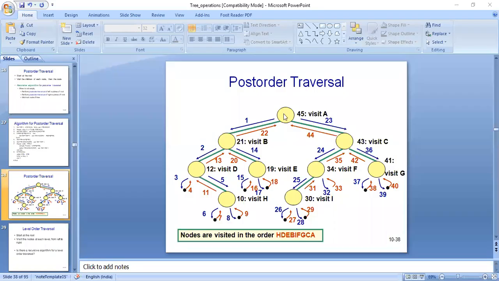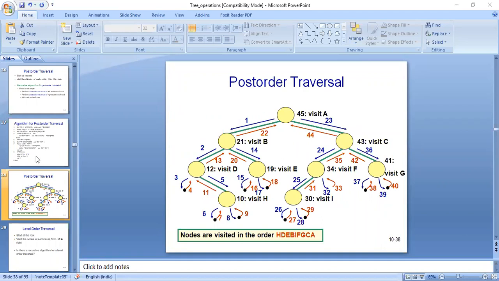Post order traversal, what we have to do is we will follow the sequence of left, right, and root. So this is the sequence that we have to follow. We will first process leftmost, then the rightmost, and lastly the root. All right. That means we will process B first, then we process C, and afterwards we will process A. So this is the sequence that we have to follow.